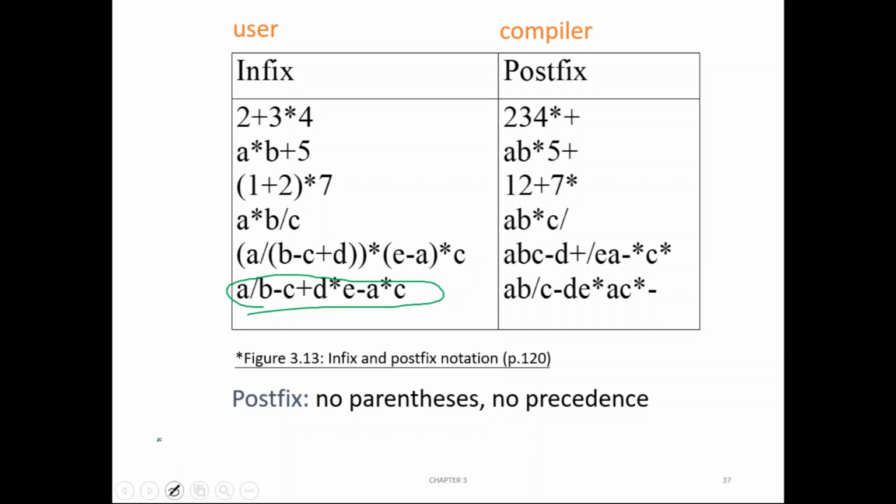The point I am trying to make is why we are doing this infix to postfix conversion: from the compiler's point of view, it can evaluate the instruction effectively if the instruction is in postfix format. First the instruction should be in postfix format, and then it can be evaluated by the compiler.